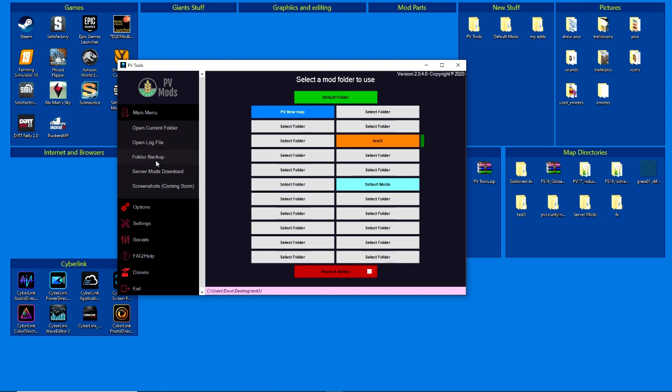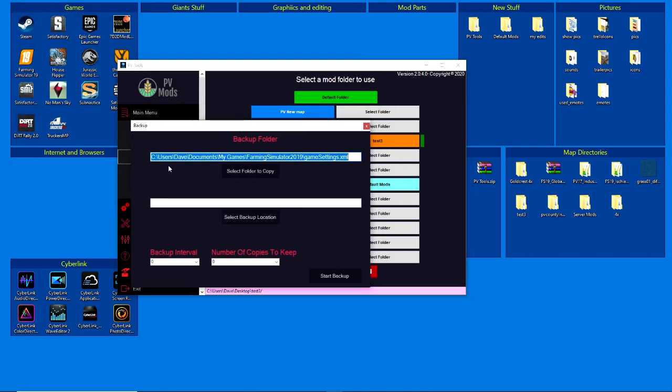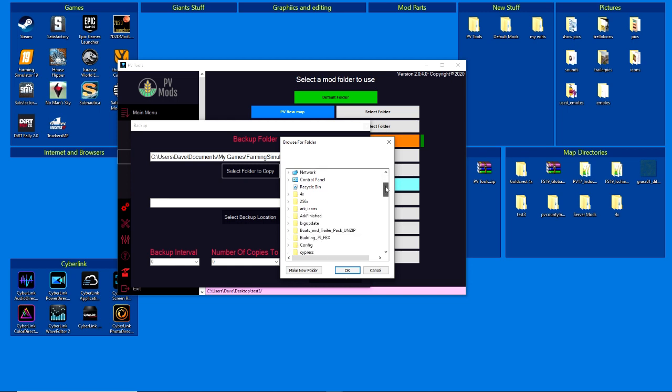There is a folder backup option. This is really used to back up any program or folder on your system to the cloud. We originally used this because we had an in-house server and we wanted to make sure that that in-house server was not at my home address but at a friend of mine's home address, but I was the one that was doing the updates to it. So what I did was I ran this on the server, and we went to select folder to copy, and we went to the